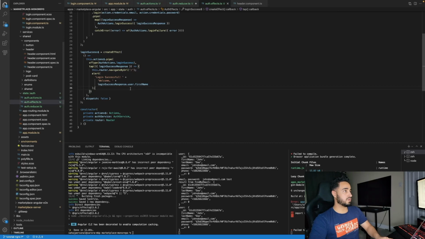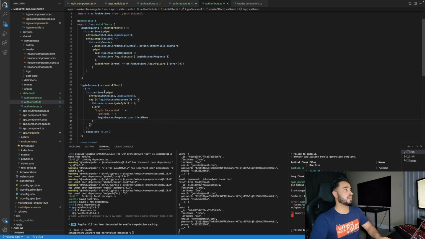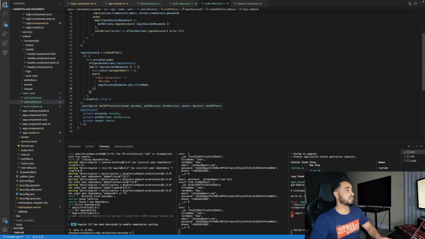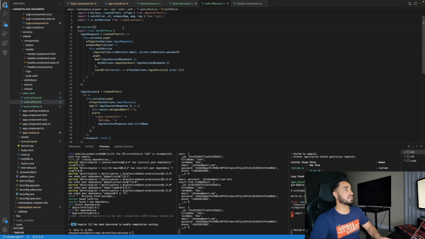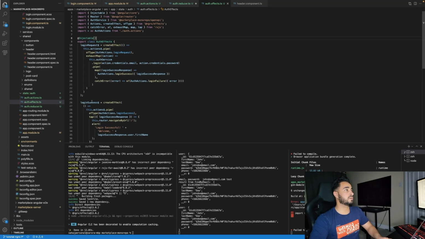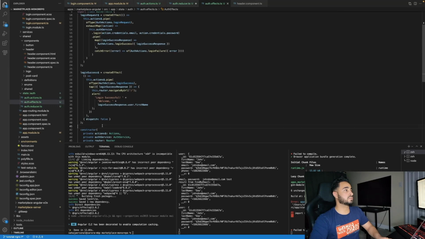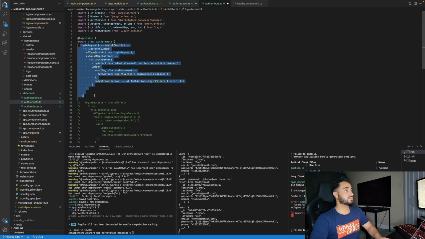We'll go to our auth.effects. I have these effects defined here, but I'm going to simply walk you guys through them. So this is an injectable auth effects class, and then in here, let's comment this out for now, and let's look at our first effect here. So this is called a login request effect, and we use createEffect from Ngrx effects package. And